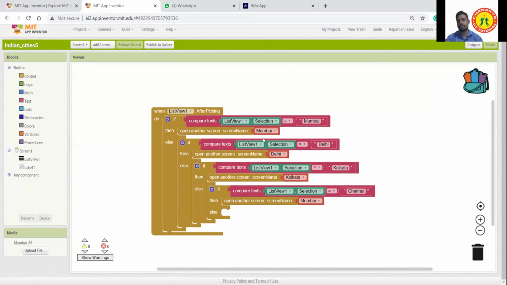Actually, I have just created only 3 screens, so that's why I have finished. Okay, no problem.